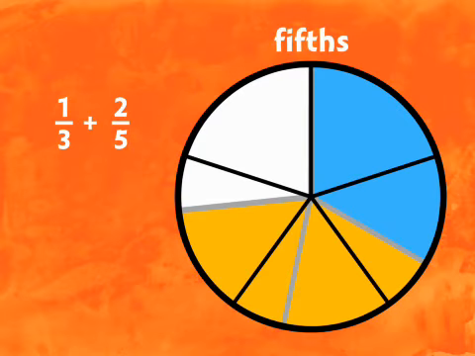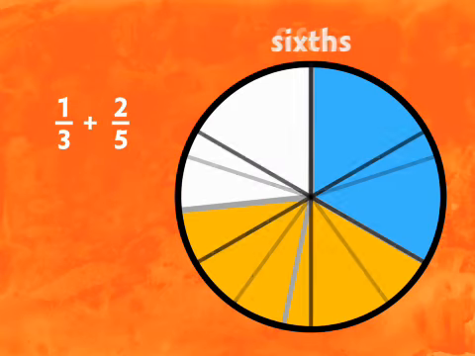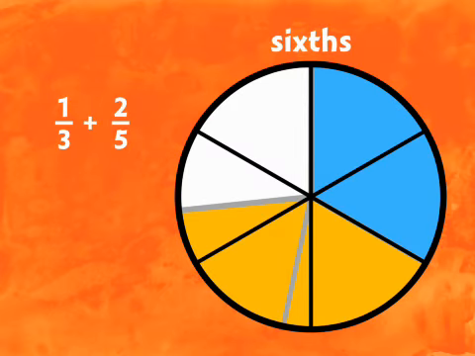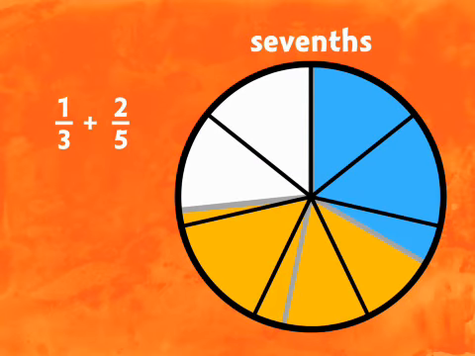Let's divide the circle into fifths. The sum represents more than 3/5 of the circle, but less than 4/5. Let's try increasing the number of equal parts. The sum doesn't represent a whole number of sixths. It doesn't represent a whole number of sevenths,